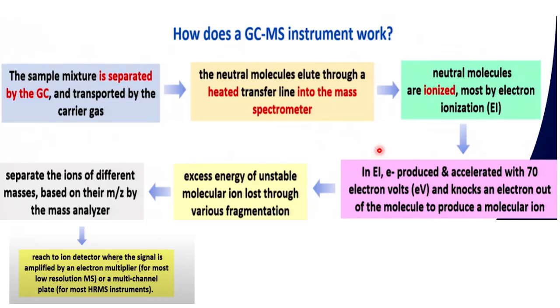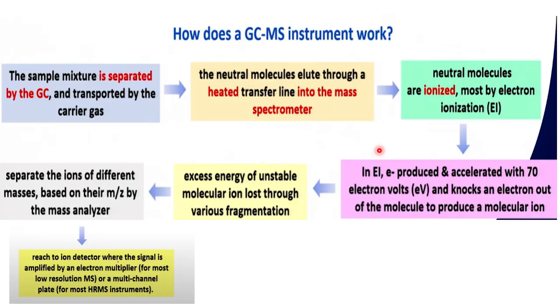So whenever the sample is eluted from the column, the neutral molecules are transferred through a heated transfer line, passing into the mass spectrometer, and there they will be ionized through electron ionization. In electron ionization, the electron produced is accelerated with 70 electron volts and knocks an electron out from the molecule to produce the molecular ion. So that is actually happening inside the mass spectrometer,